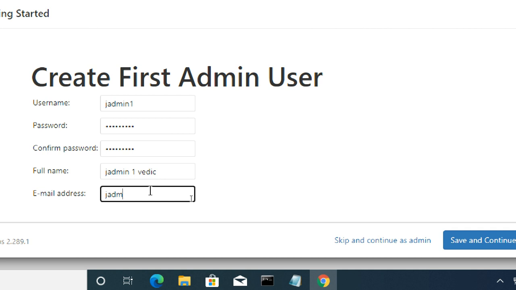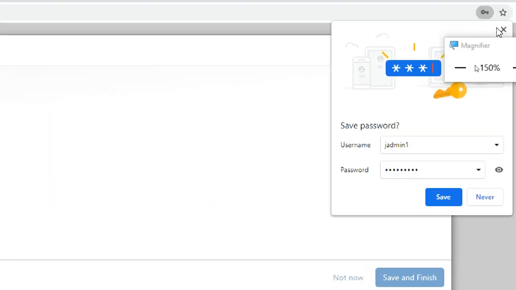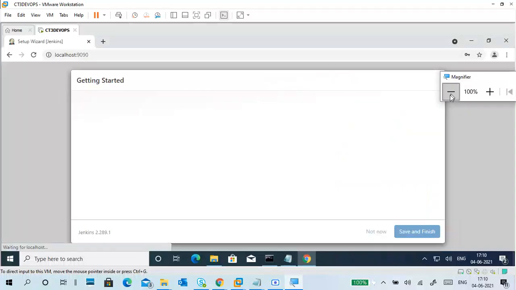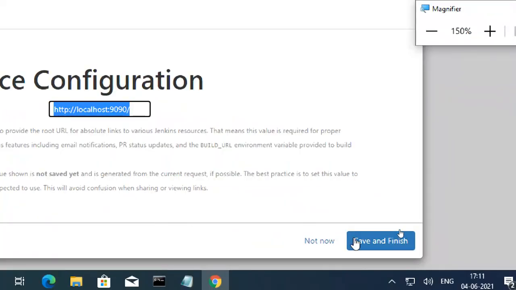Any name you can give. Email is jadmin1@vedic.com. It won't verify your email ID. Save and continue. I just created a user because I don't want to wait. This is the port number, and this is the link to open. Save and finish.